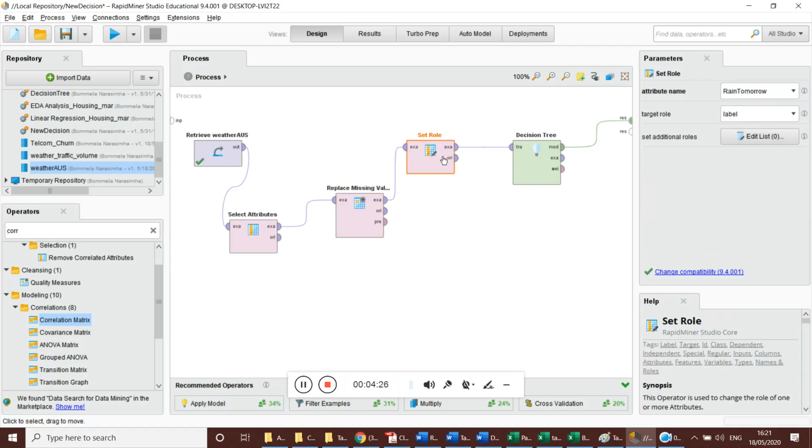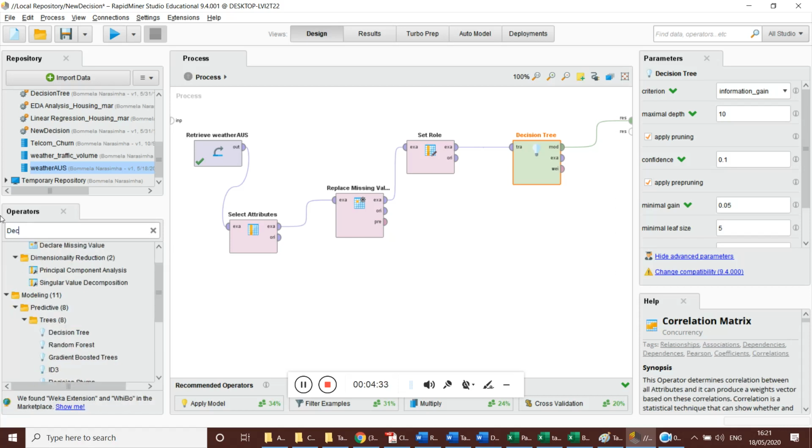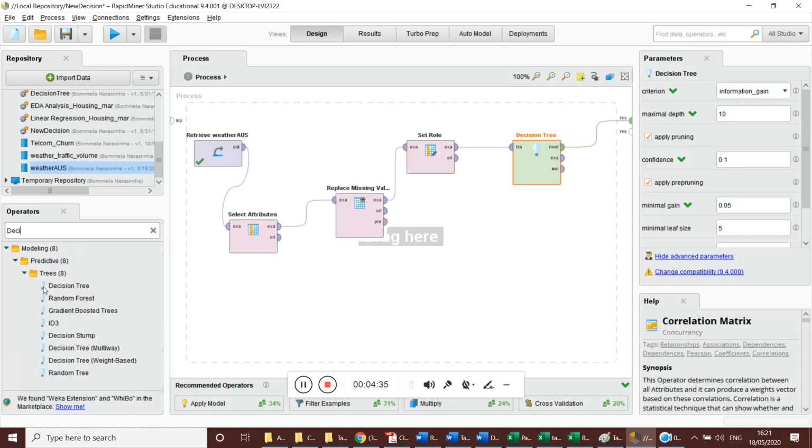Now I am connecting it to the decision tree operator. You can get the decision tree from operators. I'm dragging and dropping it onto the process pane. The connections are made such that the output of the data set is given as input to select attributes, which selects some variables.